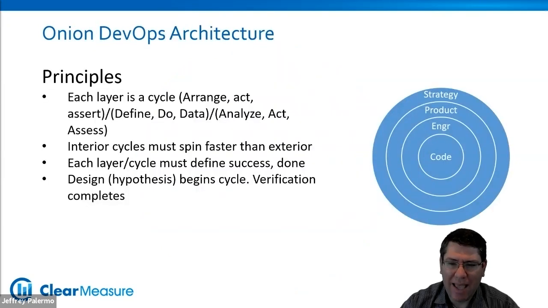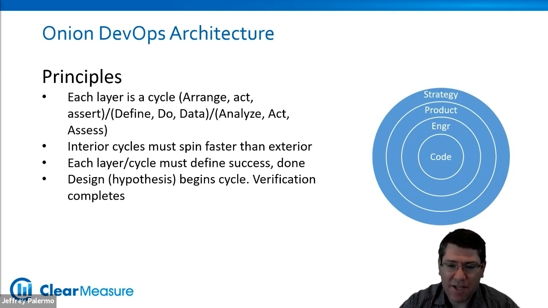And so to ground us again in the Onion DevOps architecture, we've been talking about the private build, which is inside the code core of our Onion model. A pull request and getting those changes into the master branch is in the engineering layer, where we as a team put out a new build for our stakeholders or our project managers to look at. You team testing, code reviews. As a team, you say, hey, it's time for some other people outside the team to look at it and do some manual testing. Then product management, or your Scrum stakeholders or Scrum product owner, they decide if a release candidate is ready for release to some actual customers.